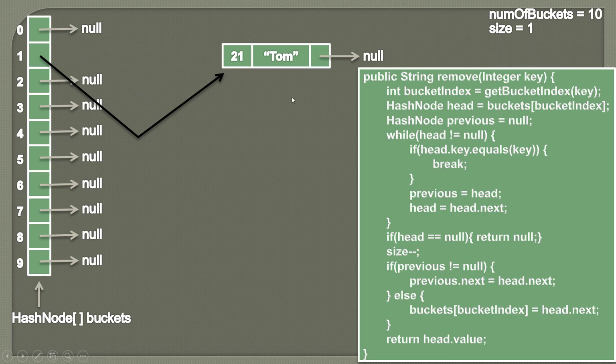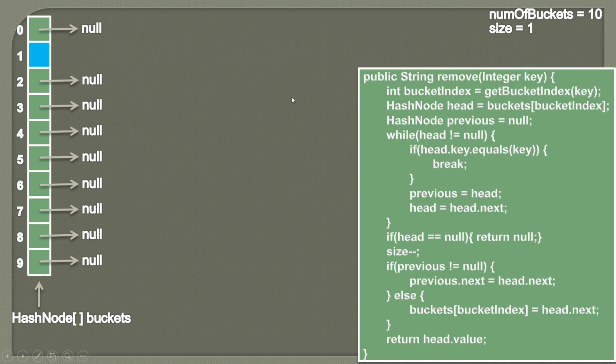And if we rearrange it, it would look something like this. So here we removed a node and we saw the importance of doing head.next. Because we can't directly break this link, we need to assign it head.next so that it refers to the remaining nodes of the key which we want to remove.